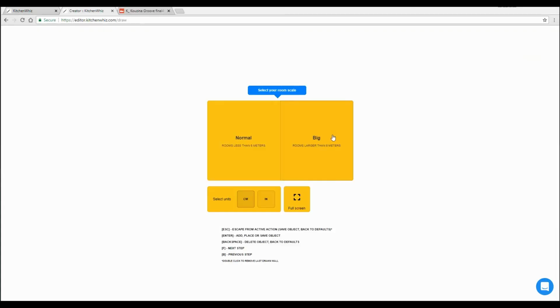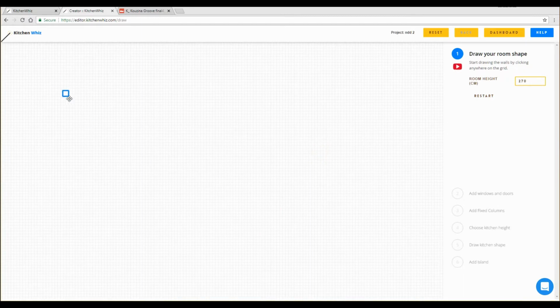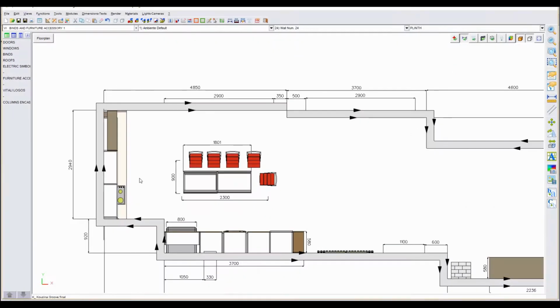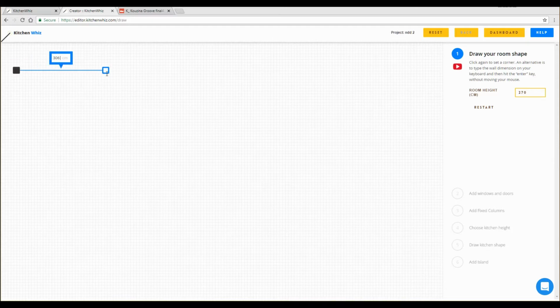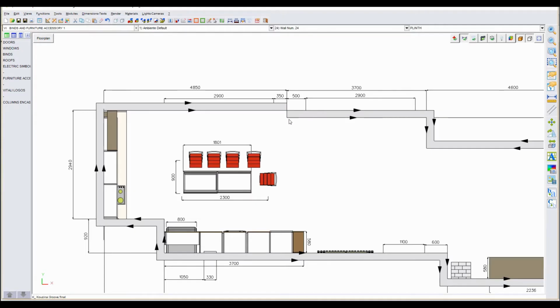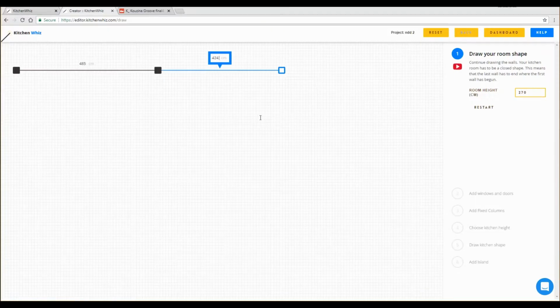I have created a new project. I'm gonna select a big scale and start drawing the room shape. The first wall is 485, so I just have to click once, type the dimension and click enter. Then we have a mini wall here that is 20 centimeters,